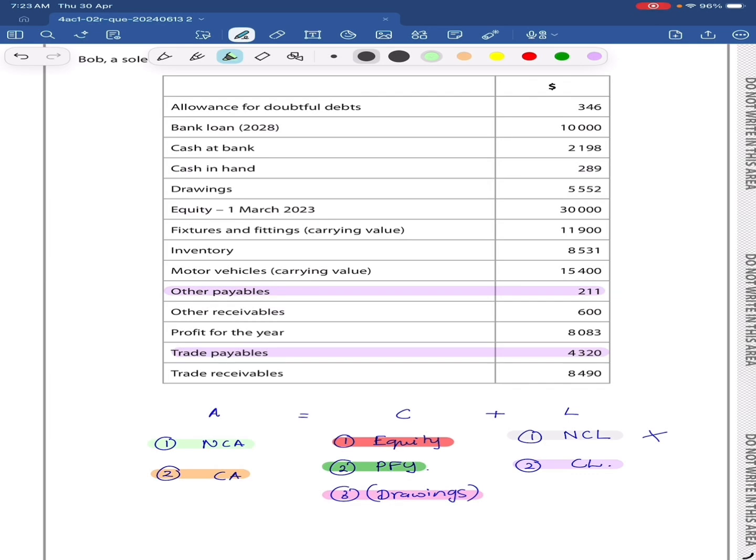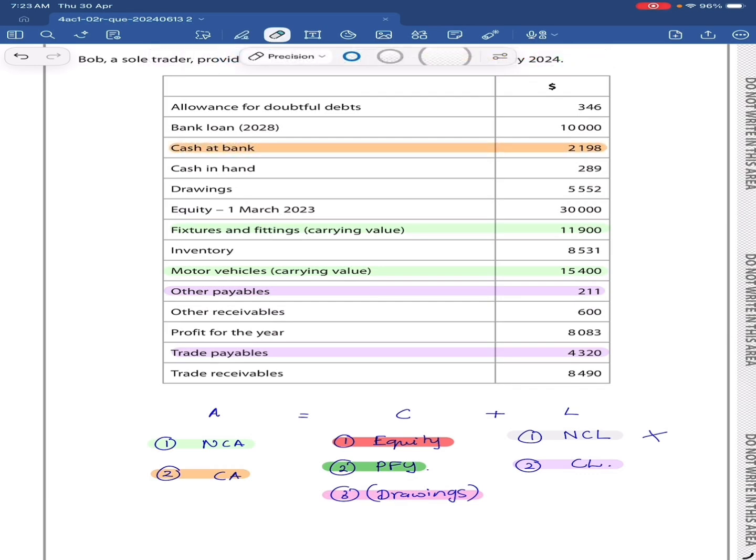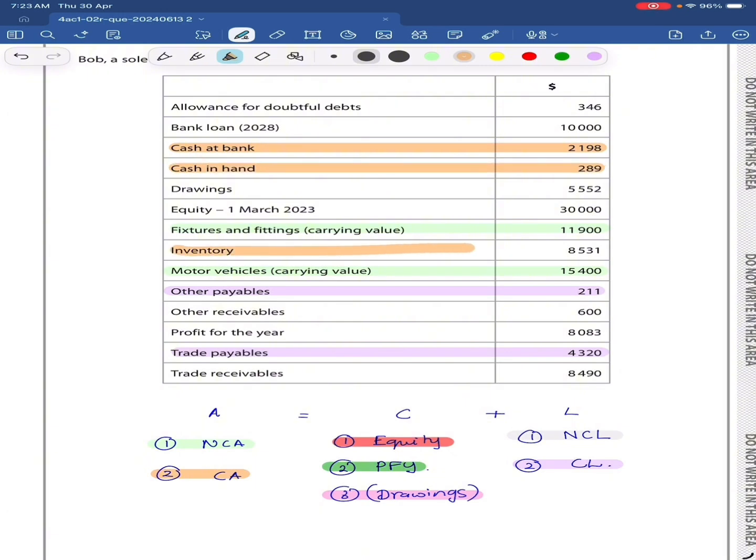Let's find out the non-current assets, fixtures and fittings carrying value, motor vehicle carrying value. Current assets, cash at bank. I'm sorry about non-current liability, there is a non-current liability, sorry for that. Then cash in hand for current assets, inventory is a current asset, other receivable is a current asset, trade receivables